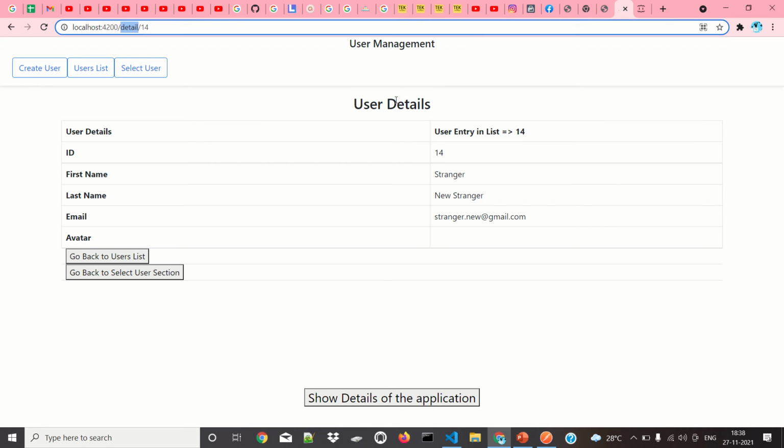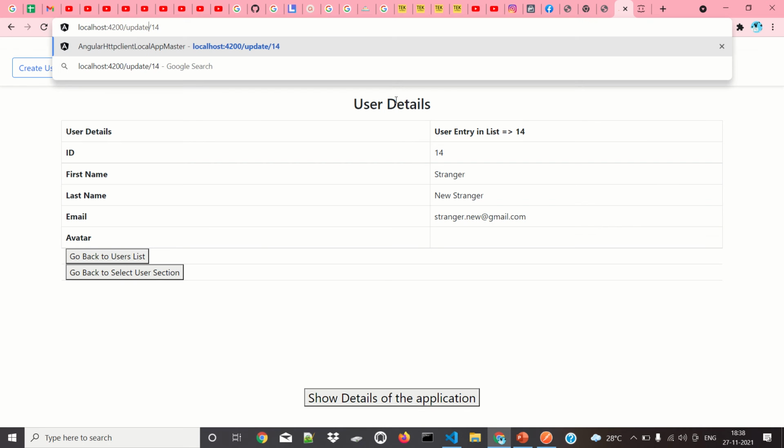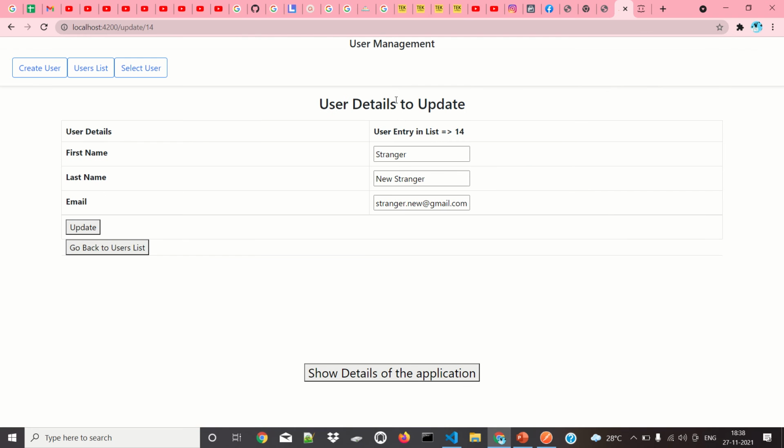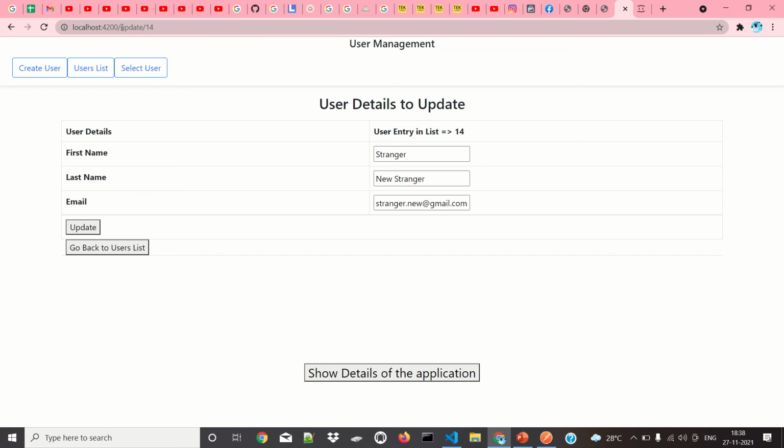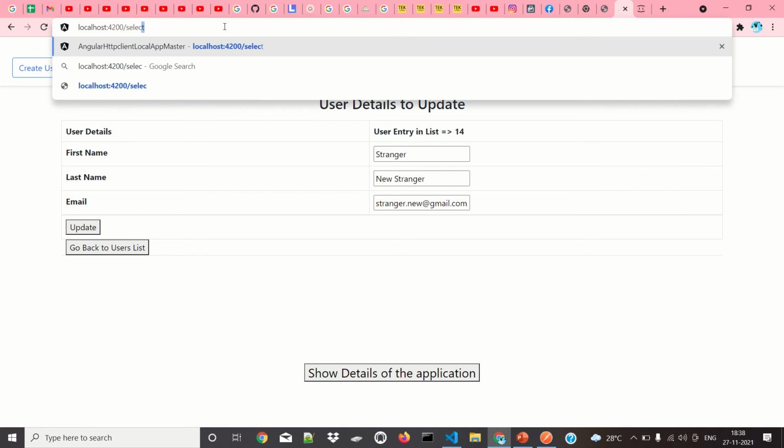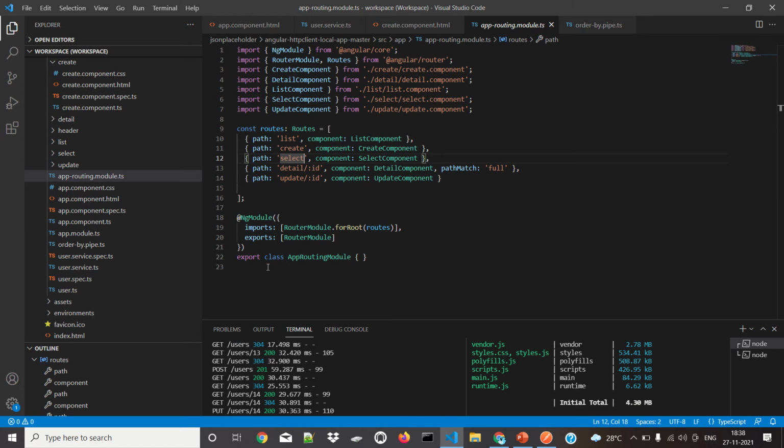If I try to update this, I have to give update slash 14, and it will come to the update page. For the select page, I give select and the select page will come. This is the main usage: if we give a short form, we can easily redirect to these pages.